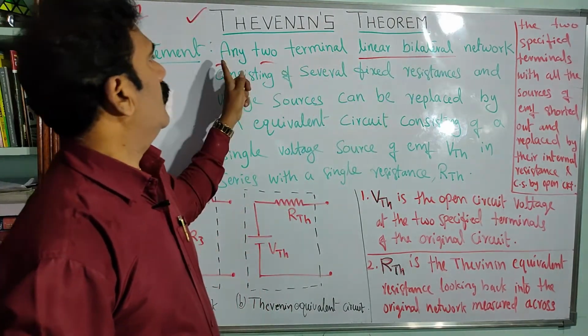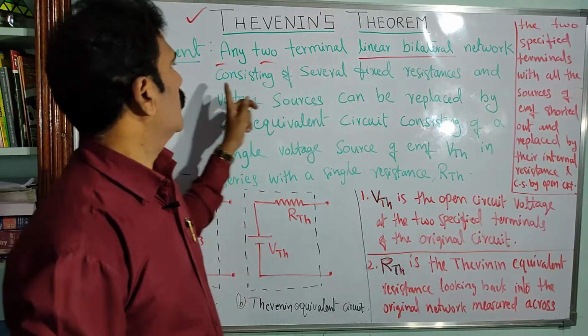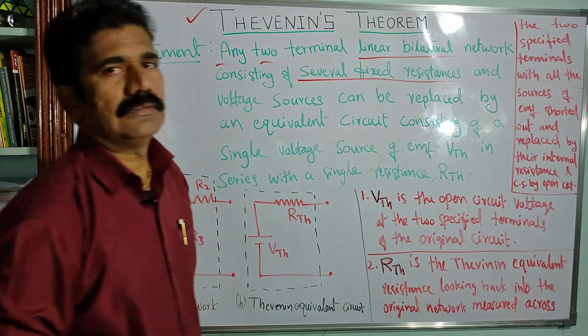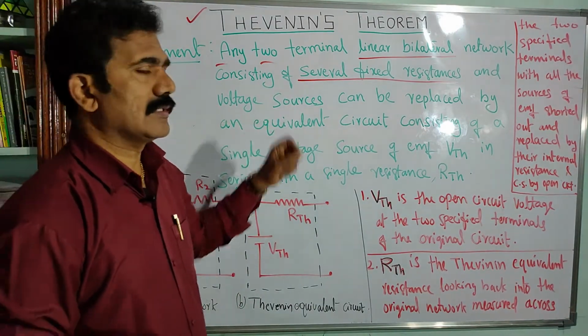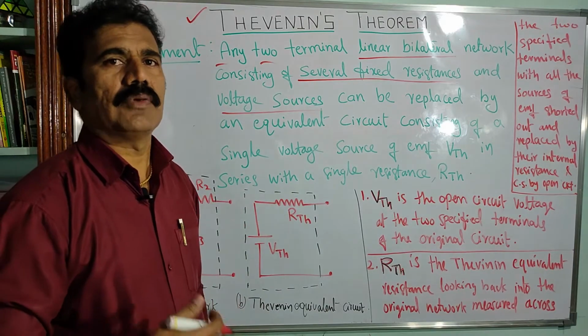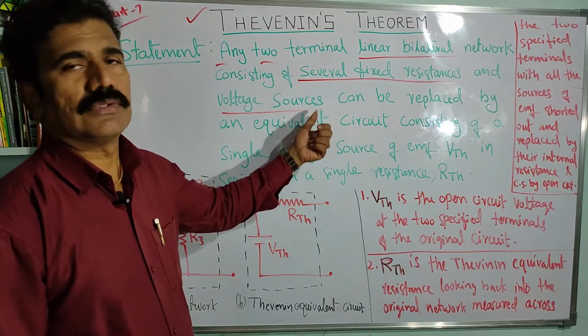So any two terminal bilateral network consisting of several fixed resistances and voltage sources, it may consist of any number of resistors and any number of voltage sources in the circuit,